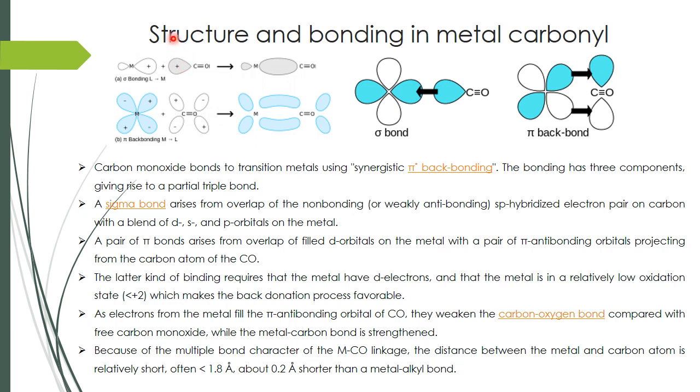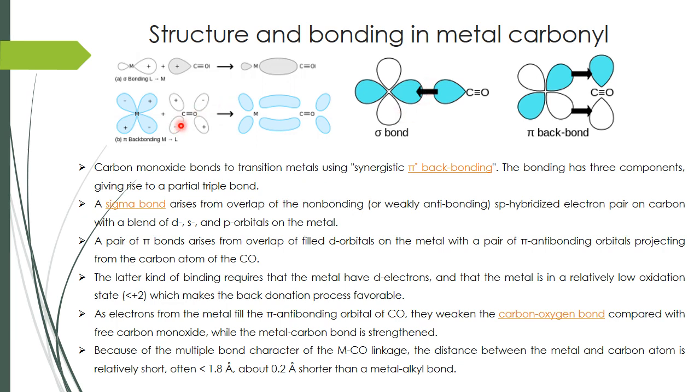As electron density moves from the ligand to the metal, a sigma bond forms between the metal and the carbon atom. In all metal carbonyls, the sigma bond is a coordinate bond, because the lone pair on the carbonyl group contributes both electrons to the formation of the bond. Hence all the bonds are formed as coordinate bonds.